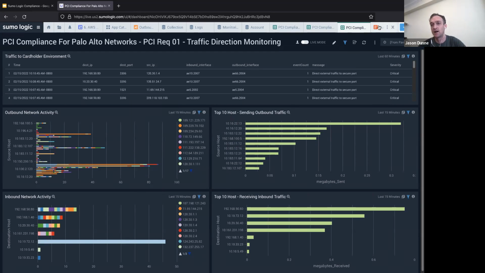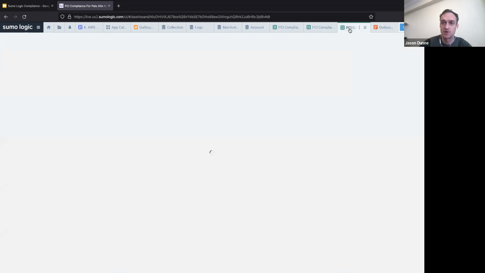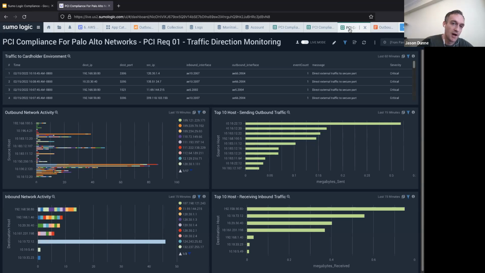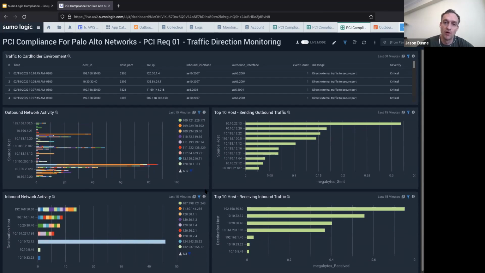You can always add back this query either to a custom dashboard that just captures the most relevant panels, or you may decide that the out of the box content is the most aligned. You just want to have that overarching view all the time. So in this case, we're actually seeing some